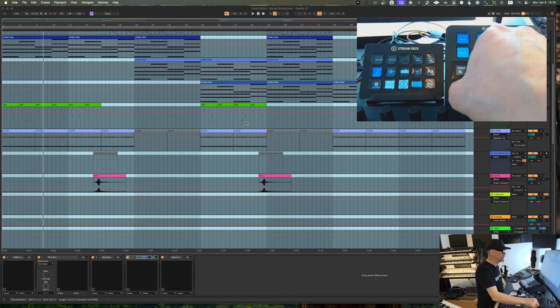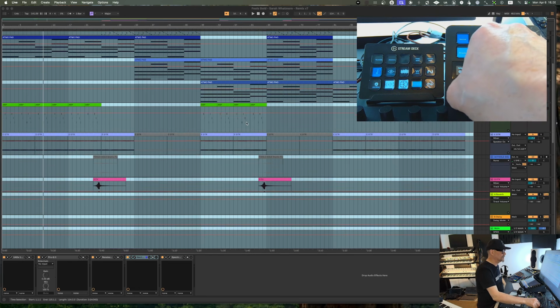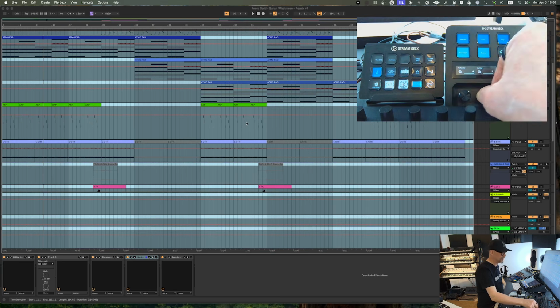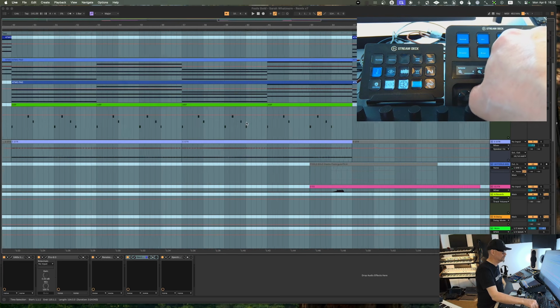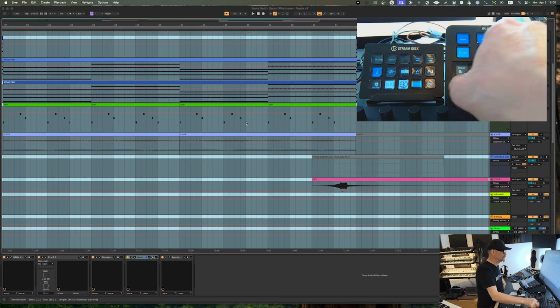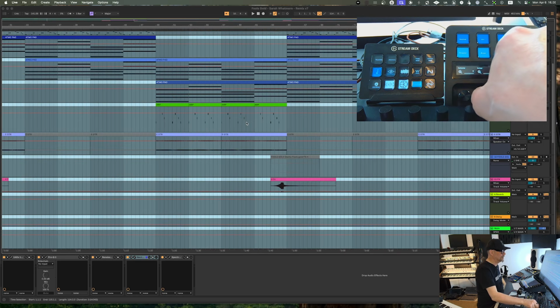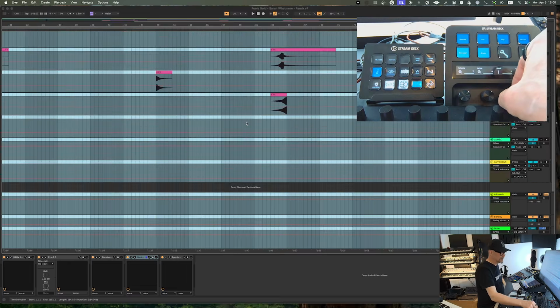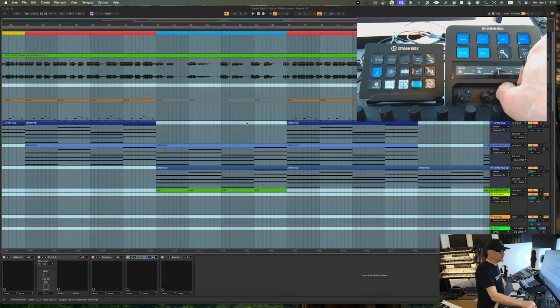You can then also zoom into that track. So if you want to see what's going on there, you can zoom into that, be it a MIDI or an audio track. But yeah, the most important and interesting part is this: